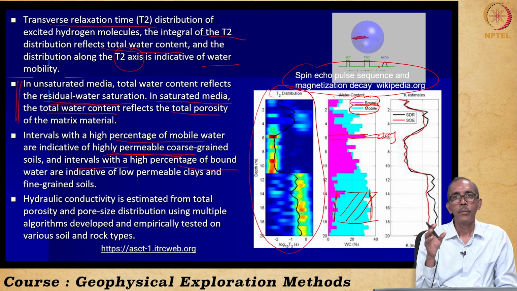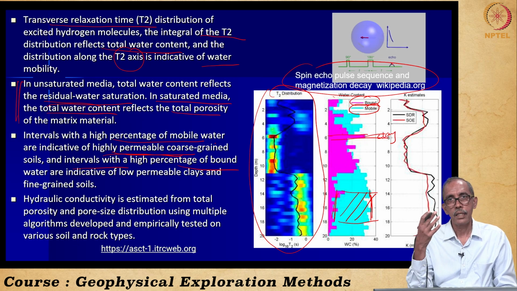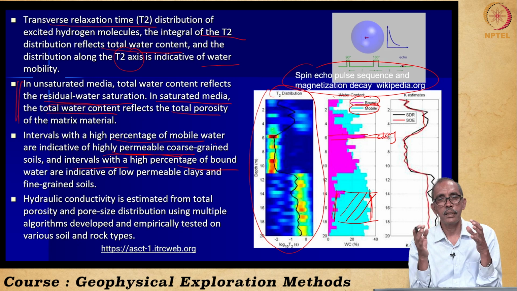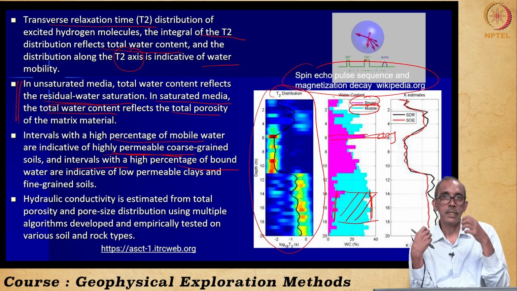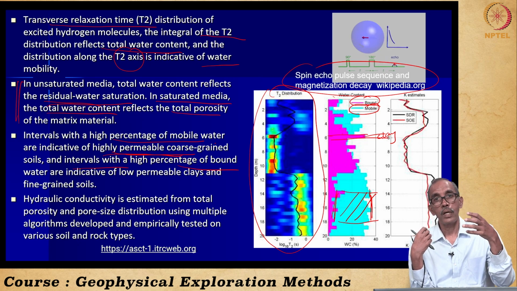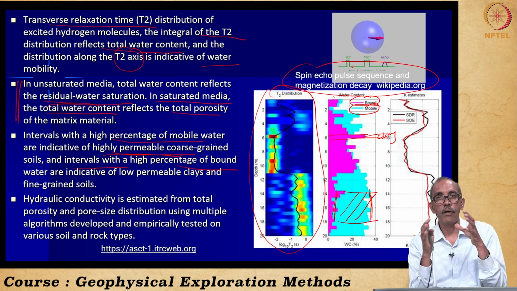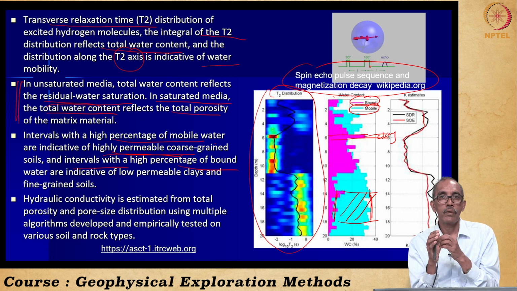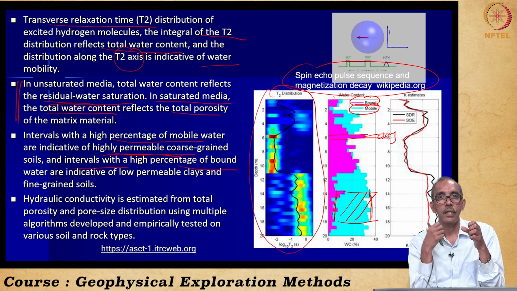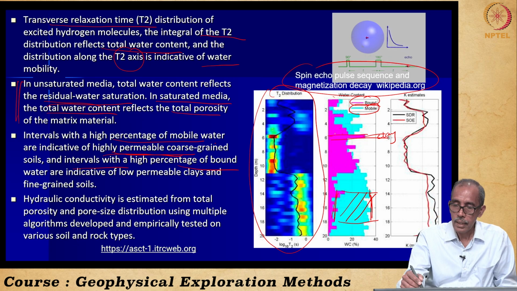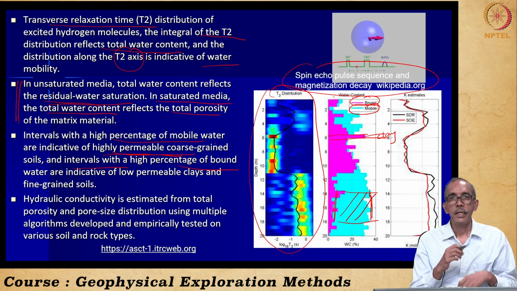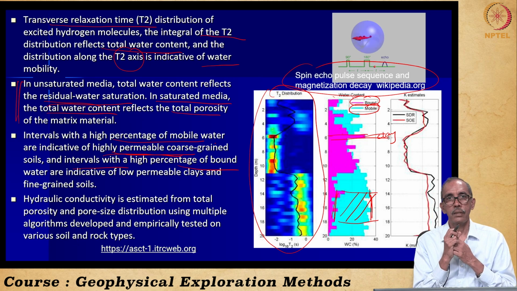Only in clay, movable water will be very less. It is obvious, all of us know, isn't it? In the clay, it is difficult to extract the water out of the clay. But still, a large amount of water is present in the clay. Its porosity is about 50%, 45 to 50%, right? That means half of the total volume of clay has water, but water cannot be easily removed. So this bound water indicates finer formation, right?